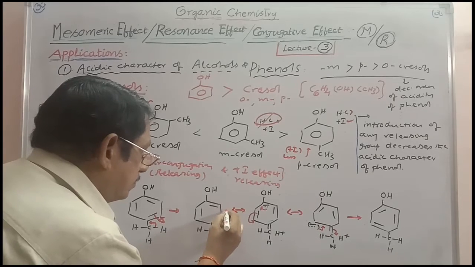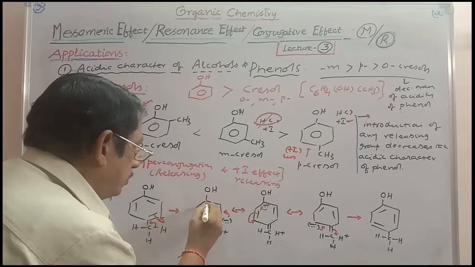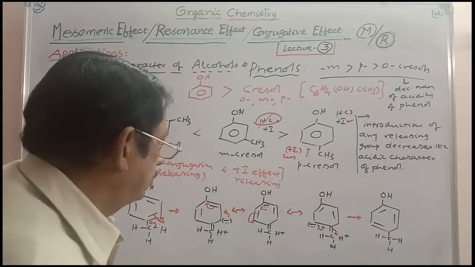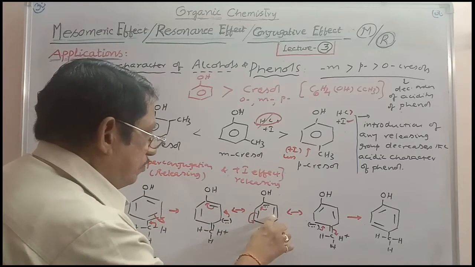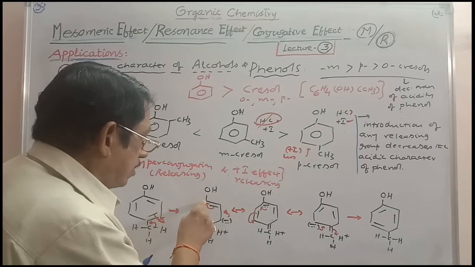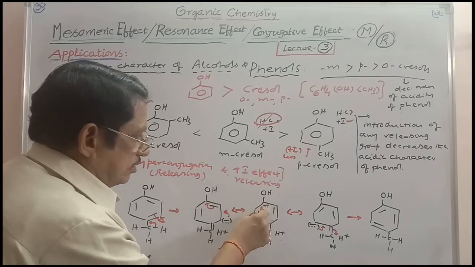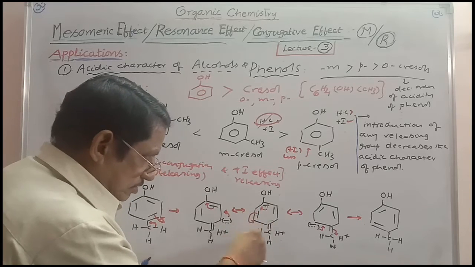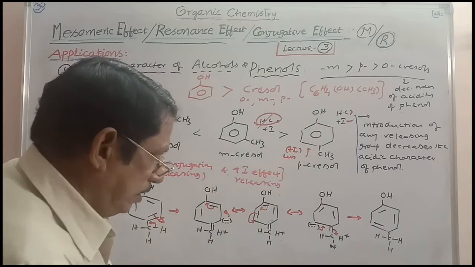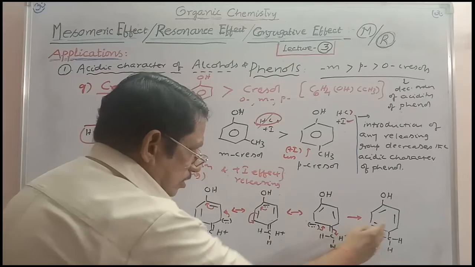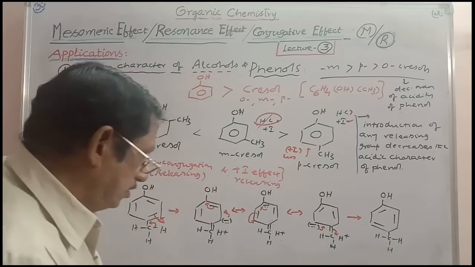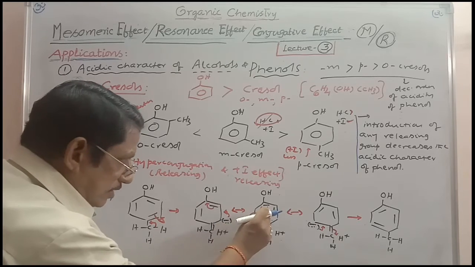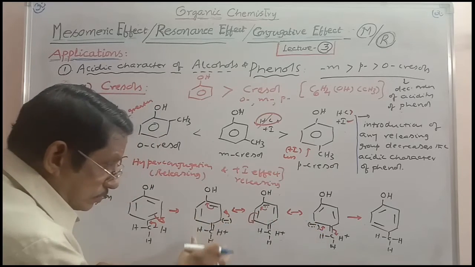This is shifting like this, and this bond is going to the para position with respect to CH3. So here, the bond is shifted, the charge is shifted to the carbon to which the OH group is attached, so minus charge at this carbon. Basing on this polarization in the conjugate pi bond, once again this is obtained here. And with this polarization basing the pi bond, the same original compound is obtained. In this way, you are getting the minus charge at the ortho position, at the para position, at the ortho position with respect to CH3 group.